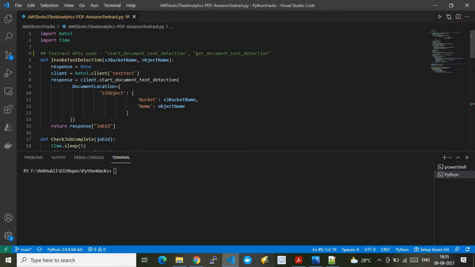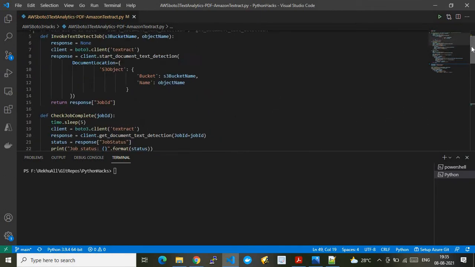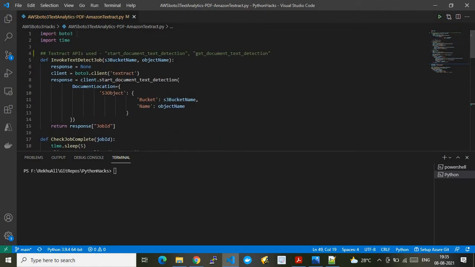Here is the code, which is a bit lengthy, 61 lines. Let me start from the top. I'm importing the Boto3 module, as I said. We use the Boto3 APIs to consume the Textract APIs. Then I'm also importing one more module, time, which I need for further code operations.